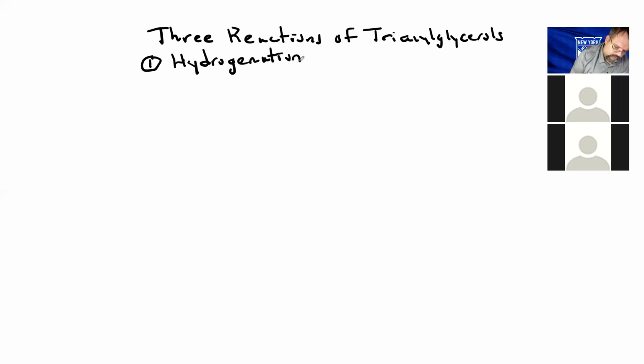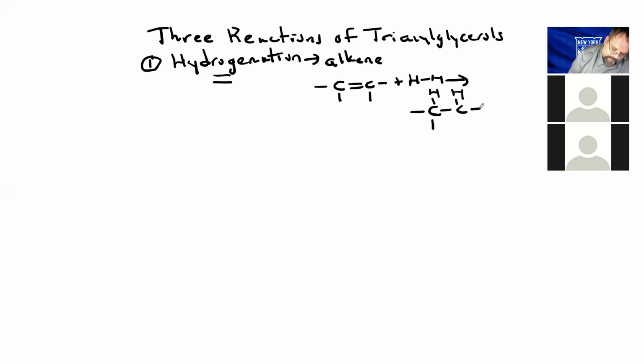The first of which is hydrogenation. Now, the nice part about these 3 reactions is that they are all reactions that we've already seen. For hydrogenation, we talked about the conversion of an alkene, and let me just draw it out to probably make it easier, plus adding hydrogen, essentially converting it to an alkane, where the double bond between the 2 carbons becomes a single bond. You add one hydrogen to one former double bond carbon and the other hydrogen to the other former double bond